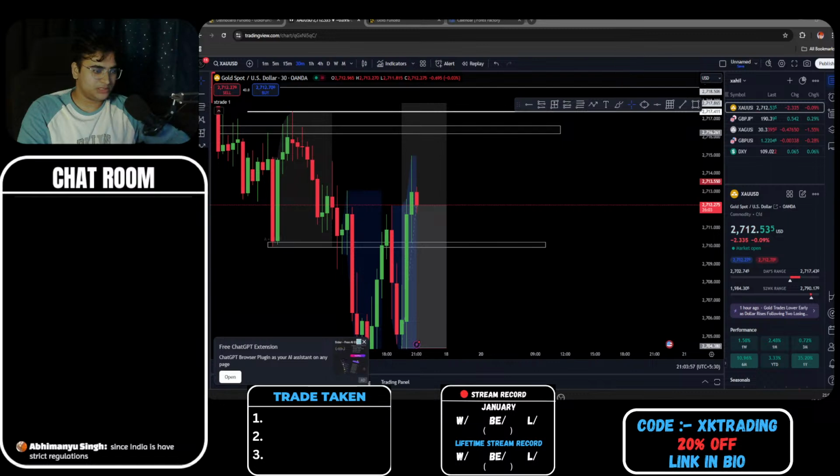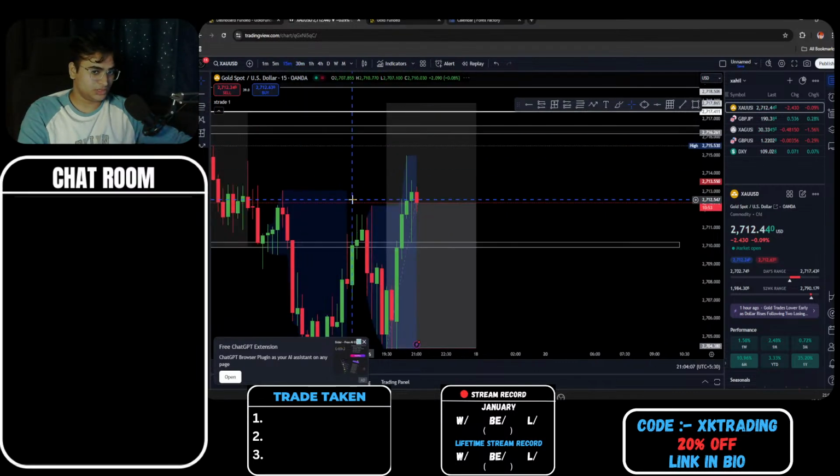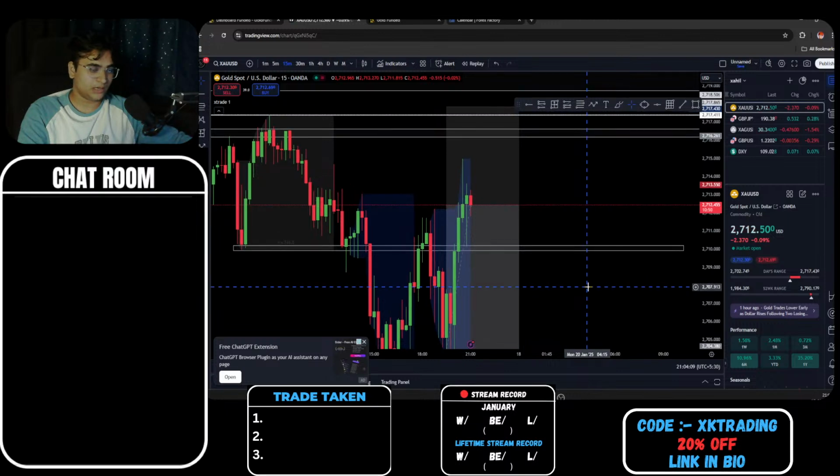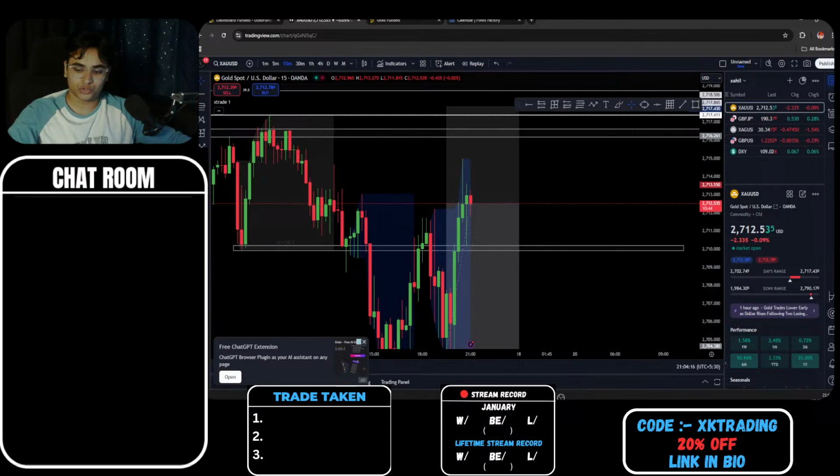How do you plan on receiving the payment once funded, since India has strict regulation? To be honest, India does have strict regulation, but first of all, crypto is the way. I know Binance is regulated again in India. It's not banned anymore, so you can get your funds into your bank directly.